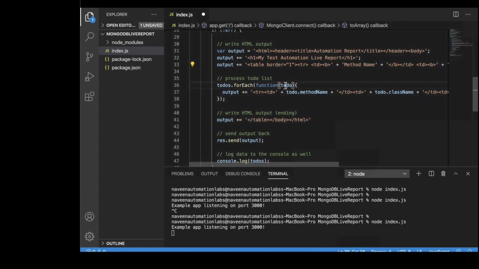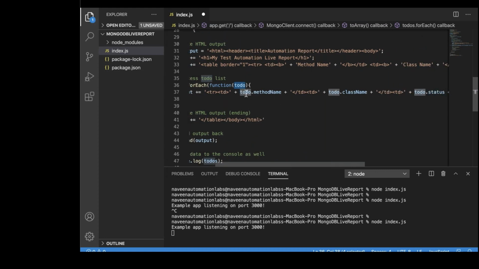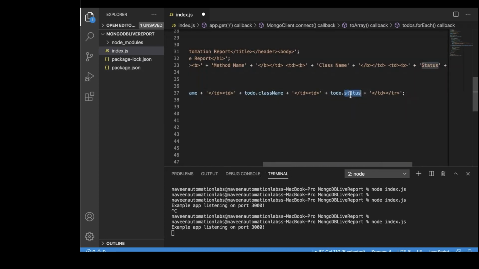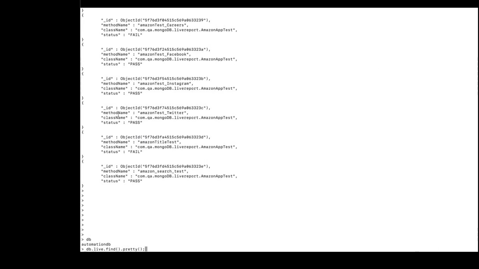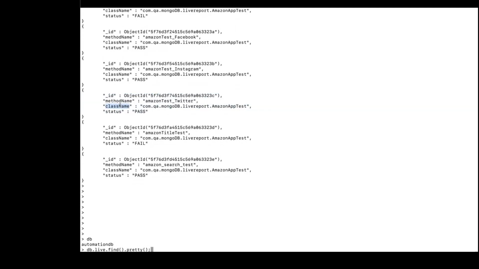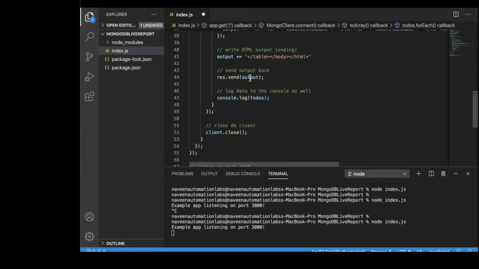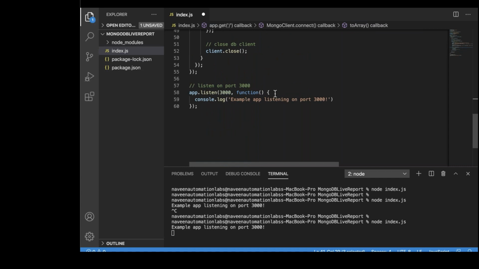This is another promise variable I'm using, and with the help of this particular promise variable, todo.methodName, todo.className, I'm fetching the data from the MongoDB. So 3 things: method name, class name, and the status. I'm fetching it. If you see, that is the same thing. We have method name, class name, and the status, right guys? So 3 columns I'll be using. These are the 3 attributes. We can ignore ID, and once this is done, I'll be sending it to the output, and the output will be your HTML web table, and then display it. And once it is done, simple, close the connection, and that's it.